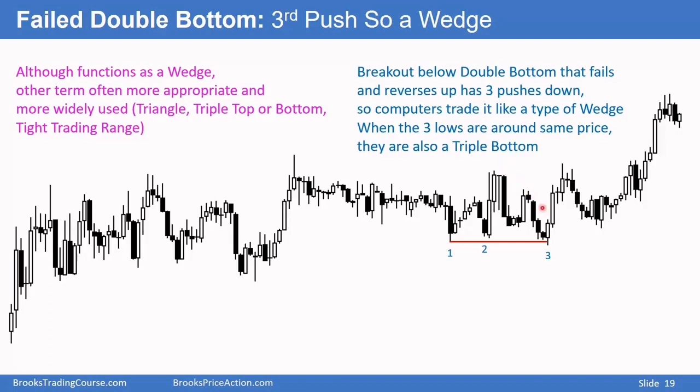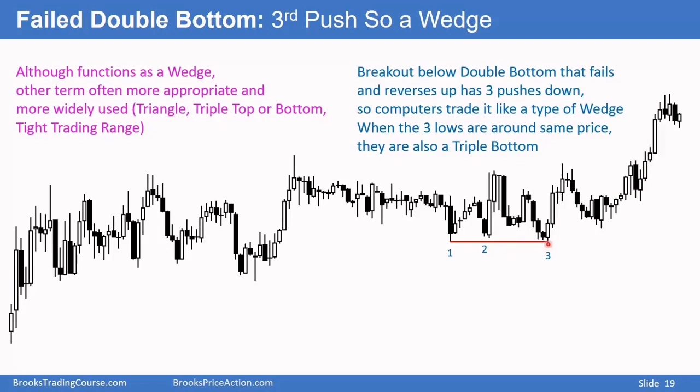I could have drawn a line across here. You can call it a triangle, you can call it a wedge, but it's the same forces that a wedge has, 3 pushes down. So if you get a breakout below a double bottom and it reverses up, it functions the same as a wedge, and you look for a reversal up. Here, in a tight trading range, you're not looking for much of a reversal. It turns out we got a pullback and then a second leg up, but in general, a breakout below a